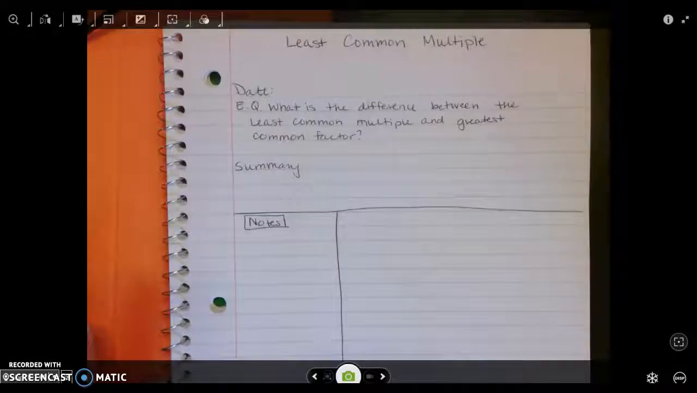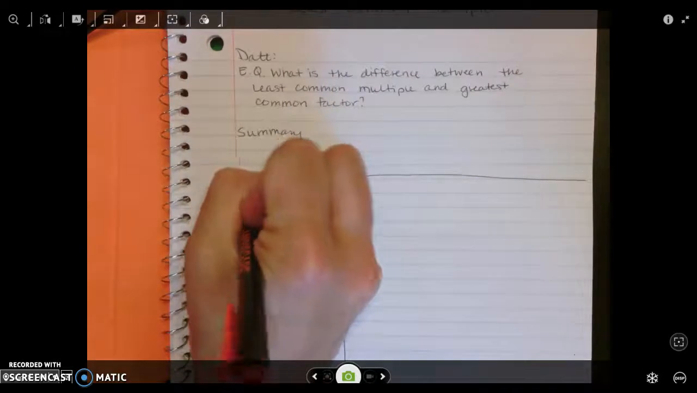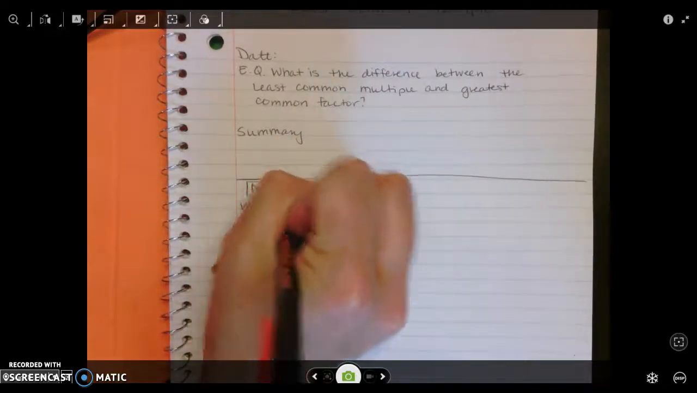This is an instructional video on finding the least common multiple. Your essential question for today is, what is the difference between the least common multiple and the greatest common factor? We'll first start with, what is the definition